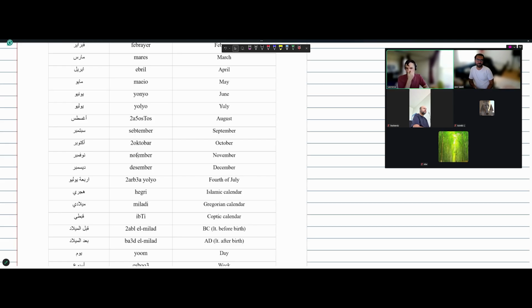Is it accurate to say they didn't start using these words for months until the British? Like that's why they're the English forms? I don't know. In Arabic, like in medieval scripture, you would have the Islamic month, basically, like a lunar calendar. Yeah, exactly. I know in Egypt, all the way to the early 20th century,